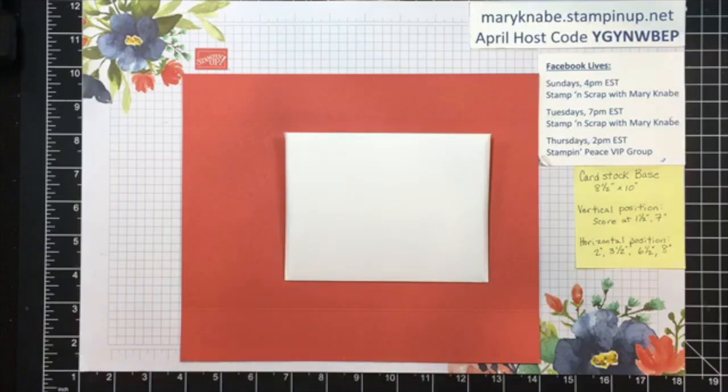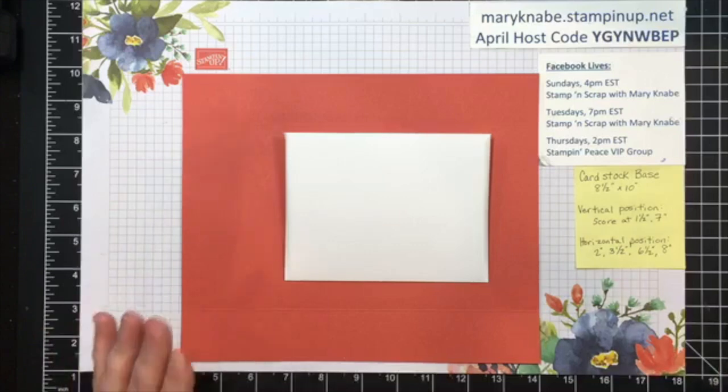Today I'm going to show you a fun fold card. This is something I've seen several times in the past on Pinterest and online, but I've never seen someone make it. I decided to look it up, and I found a tutorial, but I thought the measurements weren't coming together quite right. So I ended up making my own instructions, and I have a great